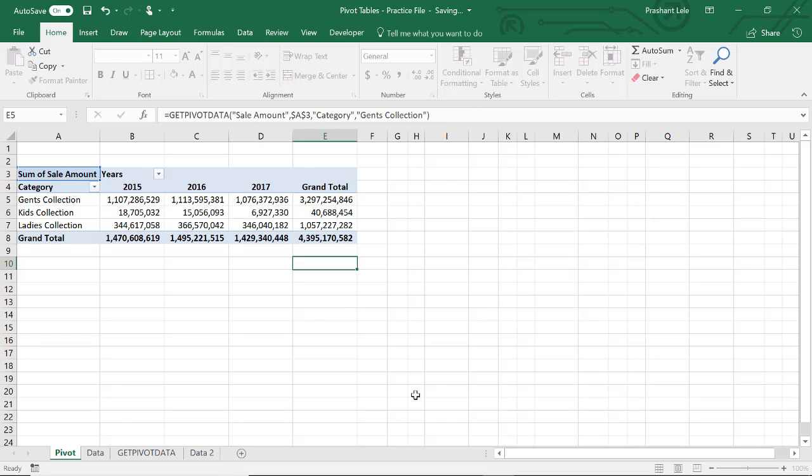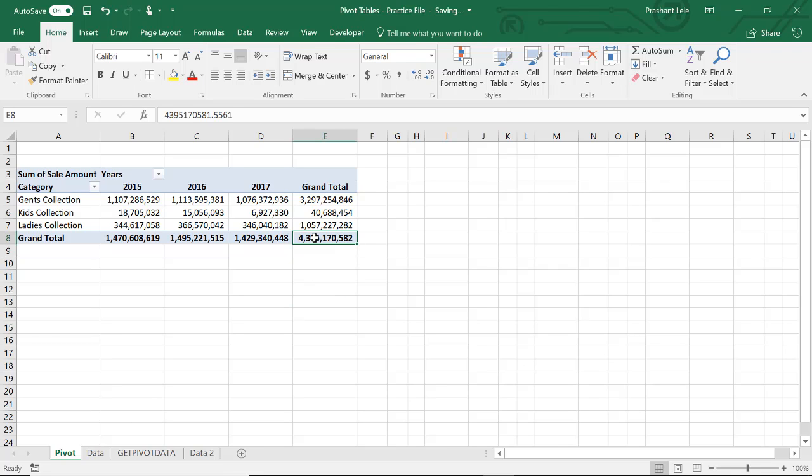To avoid this, what most of us do is we type the cell reference directly, is equal to E5 plus E6 plus E7, like that. But it is very time consuming and it is defeating our purpose of saving time with the help of pivot tables. So how to get rid of this getPivotData function if you don't need it?